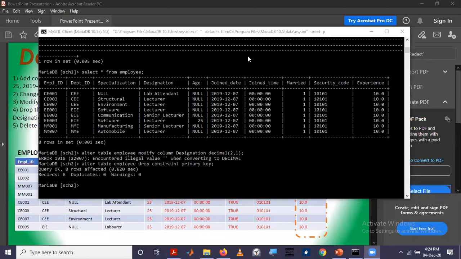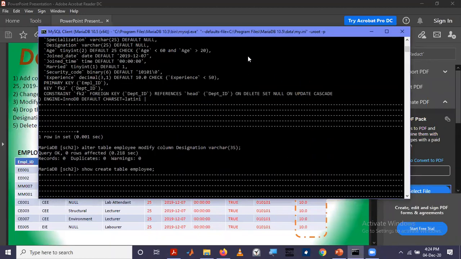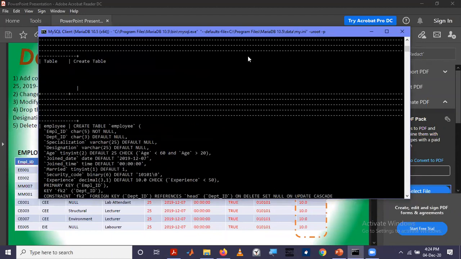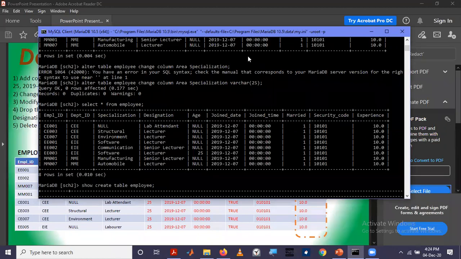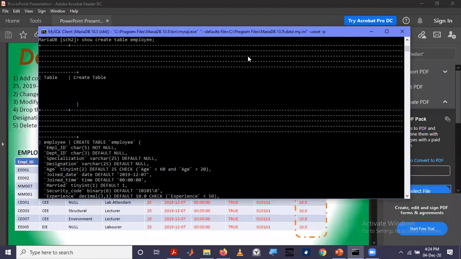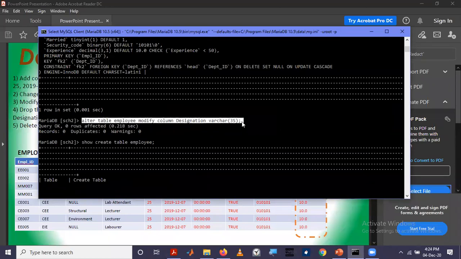Okay, I'll just show you what I did as it was not recorded. So what I did was here I modified the column, this one.